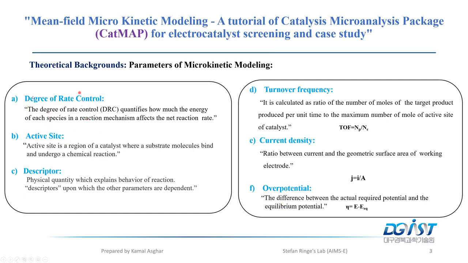First of all, degree of rate control means, as I have mentioned earlier, that there are a lot of elementary reaction mechanisms in one major reaction. So which reaction steps or which elementary steps control the rate of reaction? That is degree of rate control. So degree of rate control quantifies how much the energy of each species in a reaction mechanism